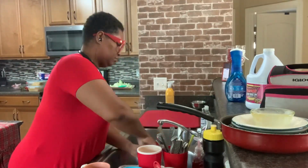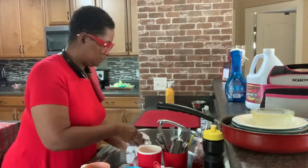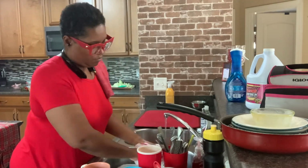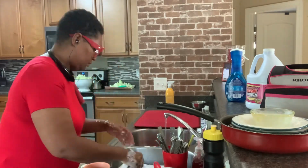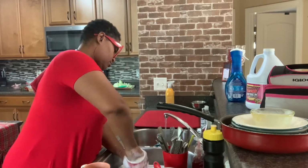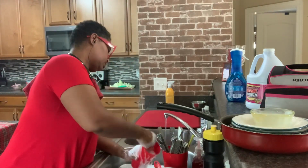Then it was off to the kitchen. You guys know I have a ton of stuff in my kitchen. But we're getting ready to do the 14-week home organization challenge. And I'm just trying to keep a handle on cups. Cups are the thing. So I think what I'm going to do is kind of what I've seen larger families do, which really is